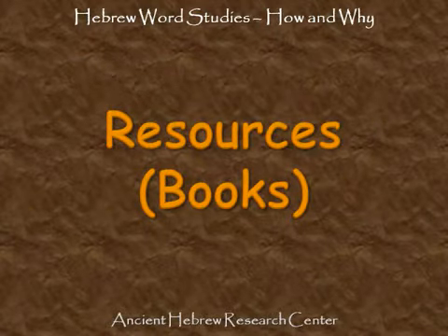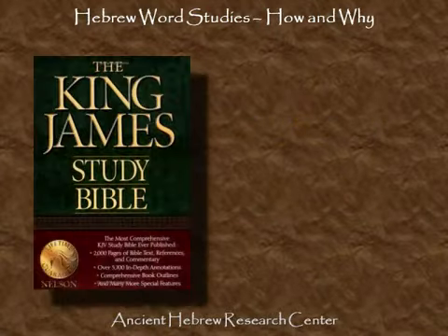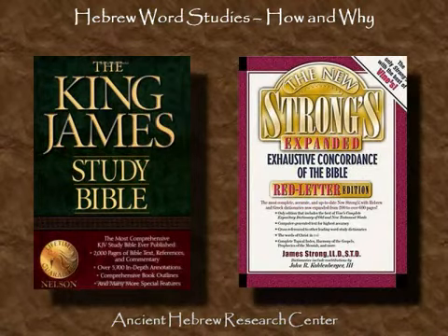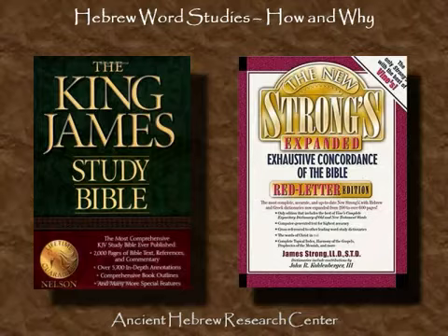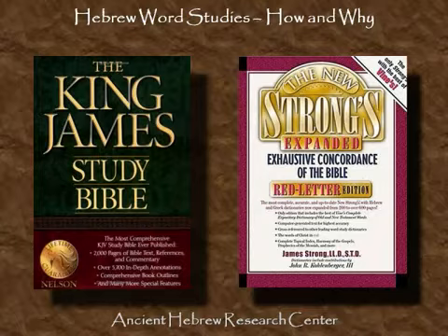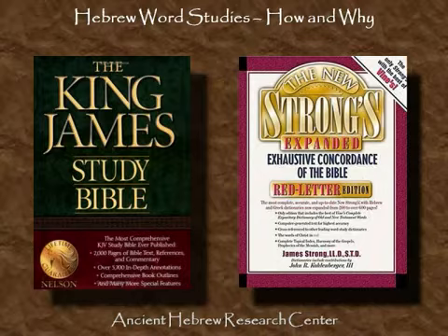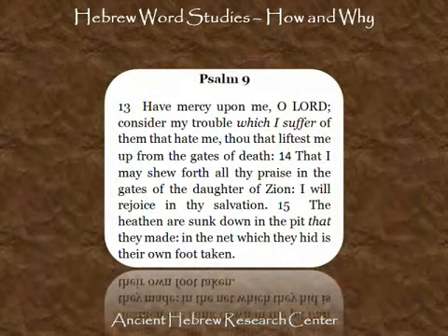In order to restore the Hebraicness of the text, we need to do a little investigation, which can easily be accomplished with nothing more than a King James Bible and a Strong's Concordance. Every translation has its strengths and weaknesses, so I'm not recommending one translation over another, but in this series we're going to use the King James because it's readily accessible to most people, and also it's very commonly keyed to Strong's dictionary.